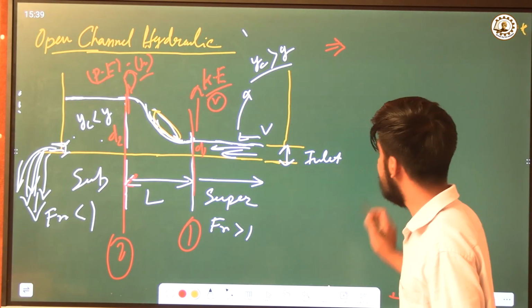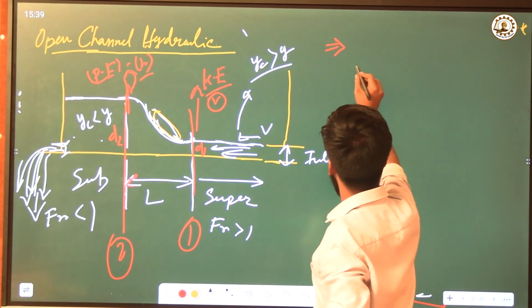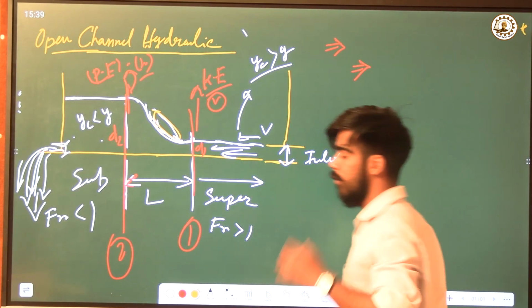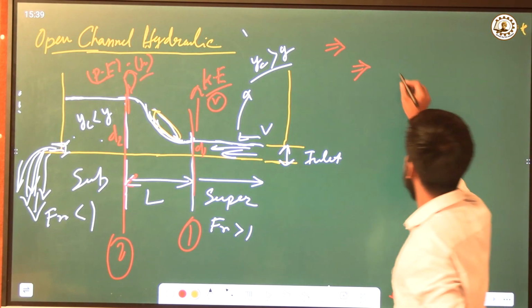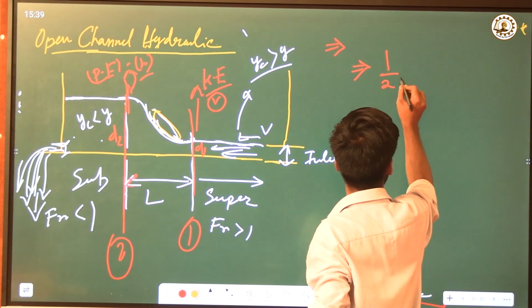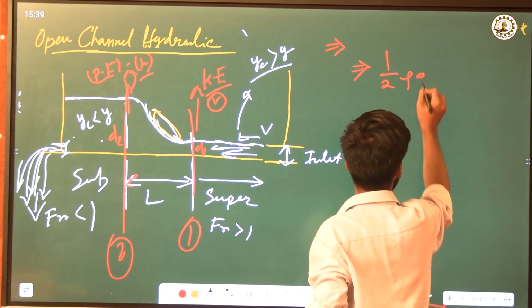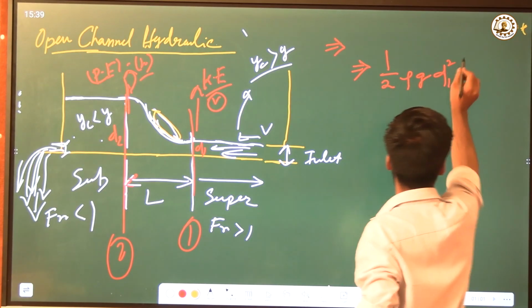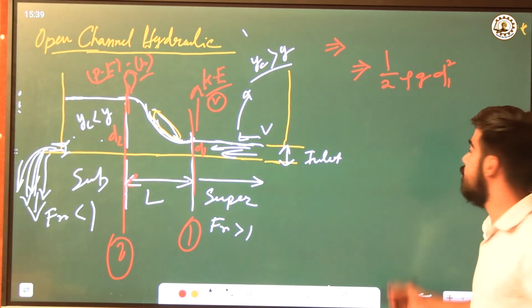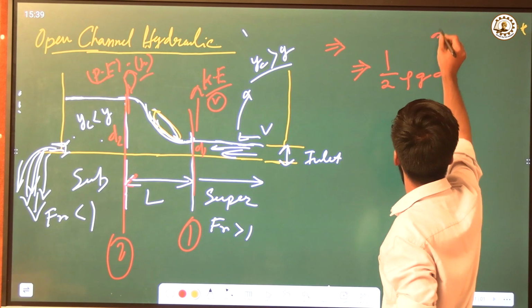Now, what is the net force here? For the section 1, we can have the force here as half of rho g, for the section 1, d1 square. Now, if you ask me how this thing comes,